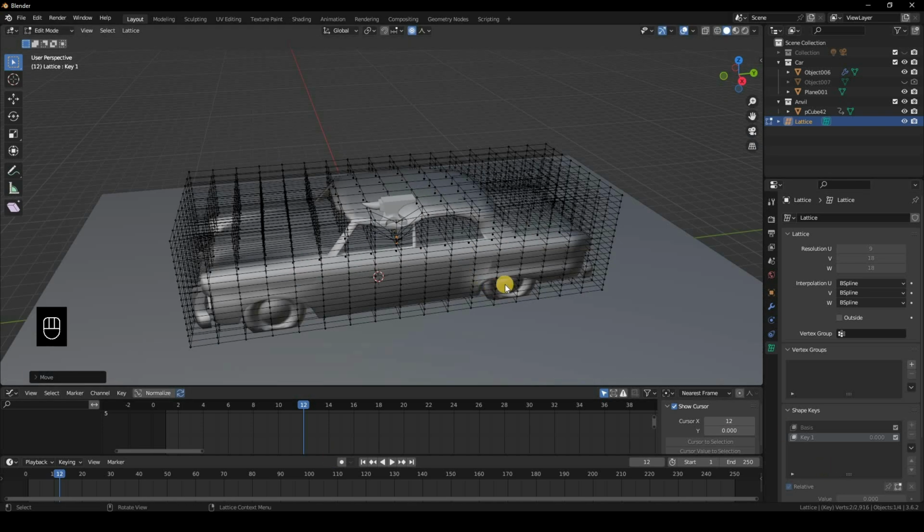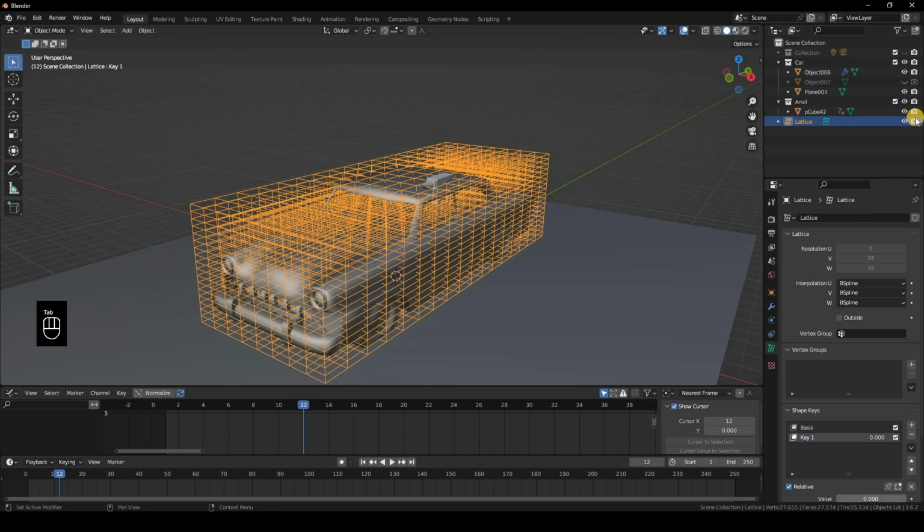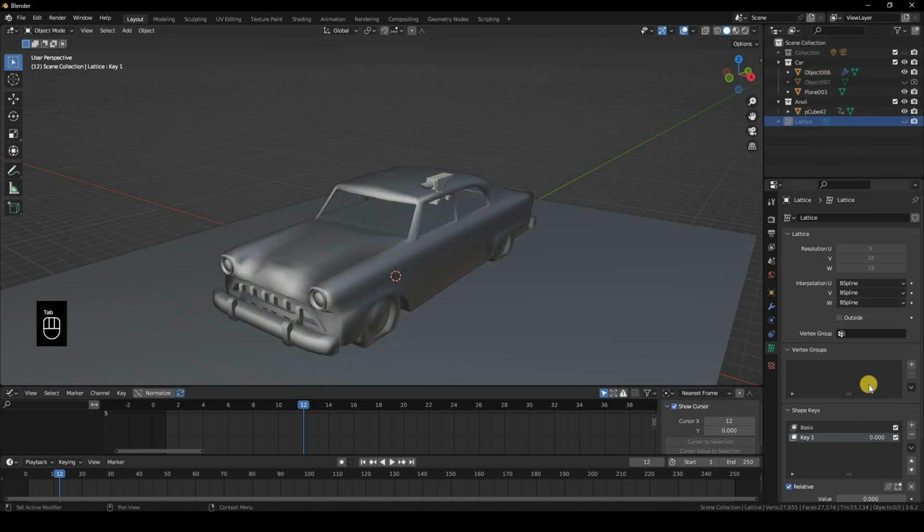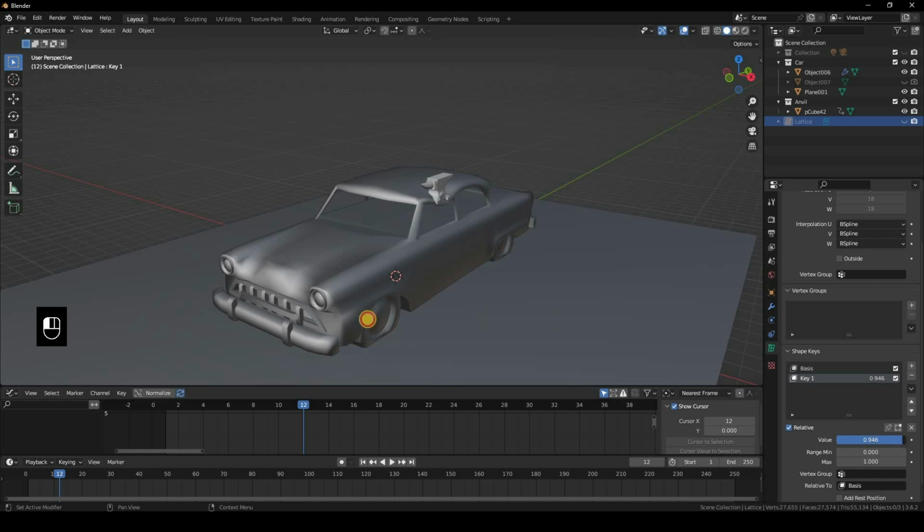So now, because we have done it using shape keys, I can easily just turn off the lattice modifier, but have it still selected, and I can just change the value to smash it on and off. On the frame 11, obviously it's just on the tip of it, so on the frame 11, click I to add a keyframe while having the lattice key value 0, and then on the frame 12 you can increase the value to 1, and then add another keyframe, since again it's just happening in a split second, and then the